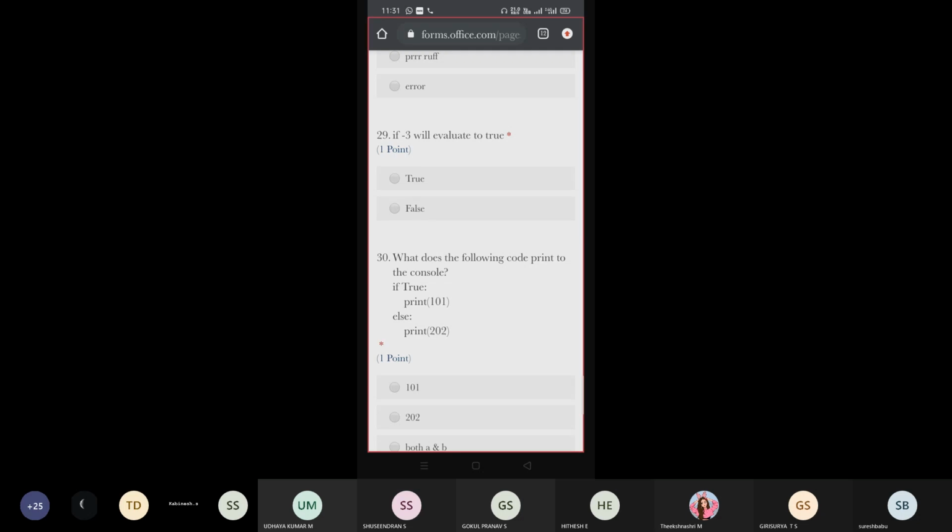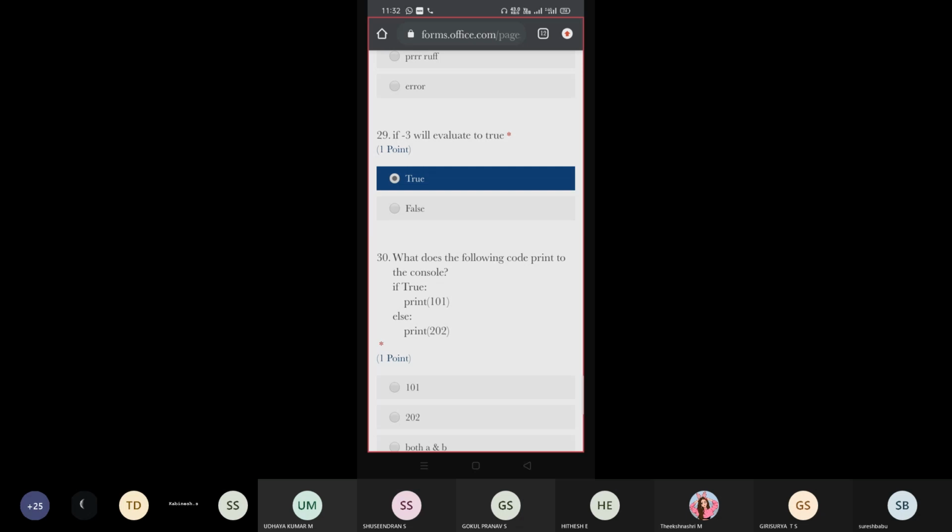I already told you except 0, everything will be true. 0 means false, so here it is true. Actually I gave the solution wrong for this question. I checked, false is the wrong answer, so kindly change it. 0 means false, remaining everything will be true.